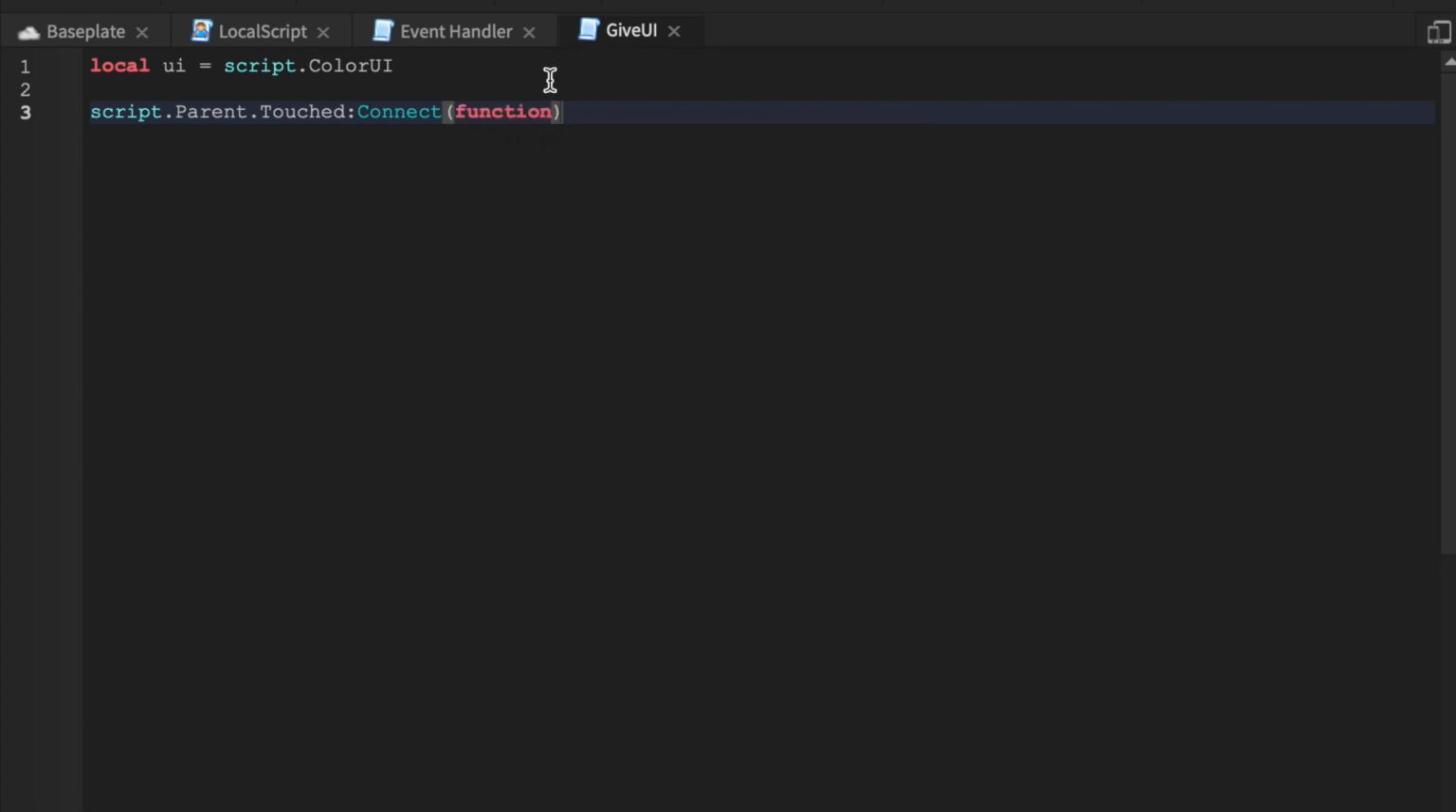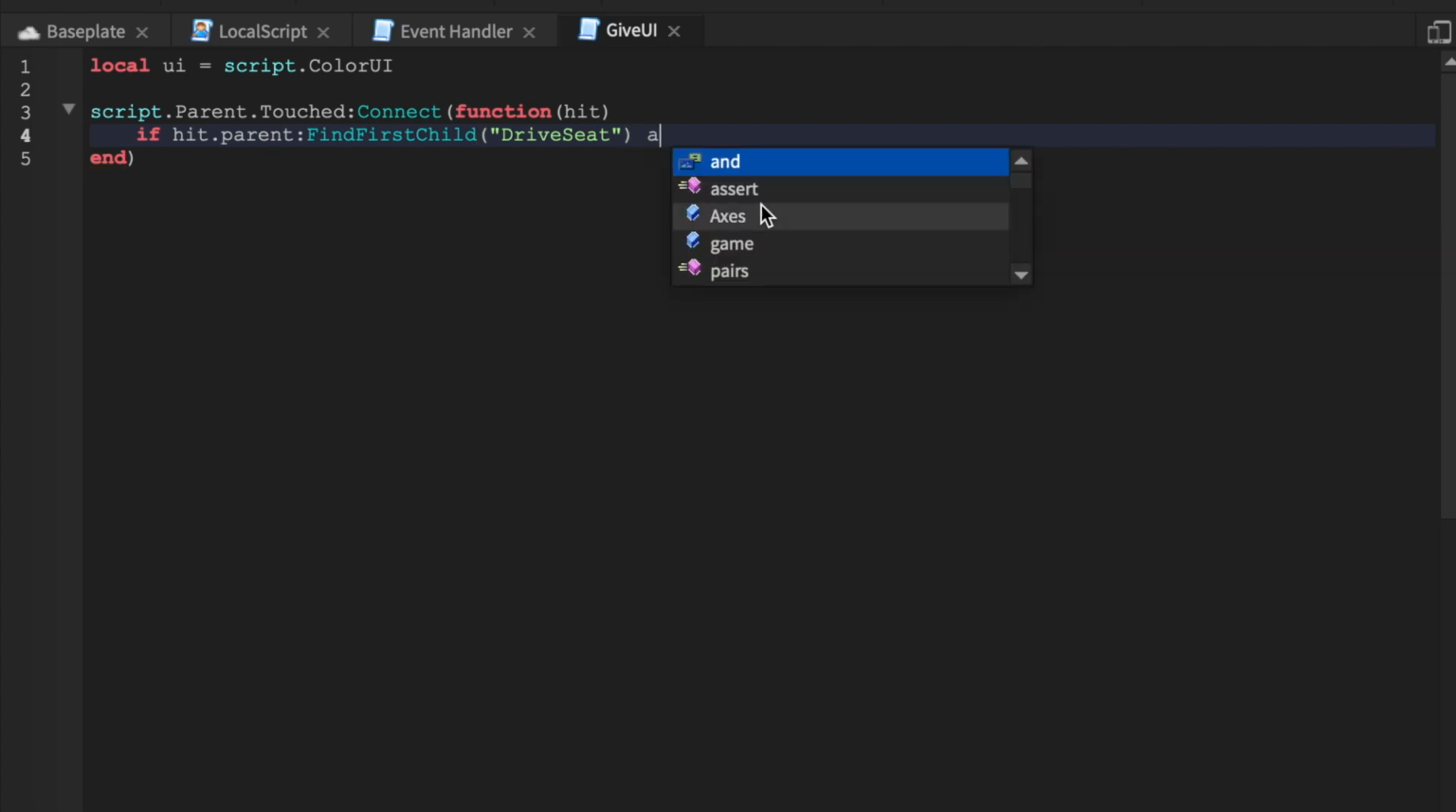If it's auto-completing for me, then it should auto-complete for you. And most of the time, this auto-completion will help you. I think it's called, like, IntelliSense or something. And we'll say DriveSeat. Make sure you have the exact spelling as I do. And upon finding this drive seat,